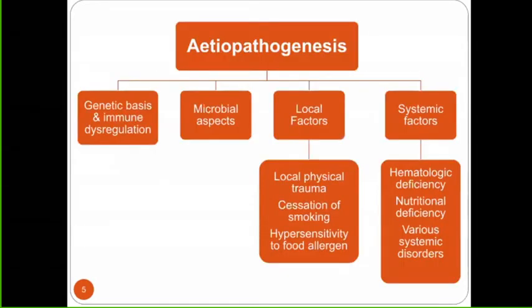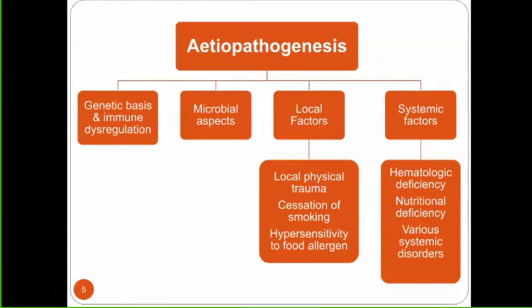Now, so many things have been suggested to be the cause. That means we can relate some of these as the etiological agent with abscess, though none of them are the only etiological agent, maybe a combination or just something which is related to this, but we don't know exactly which one. Like genetic and immune dysregulation. That means there is some problem with the genetic makeup of the patient, which is present from generation to generation. So there is a problem with abscess in a family, that is okay. But exactly what is wrong is not known.